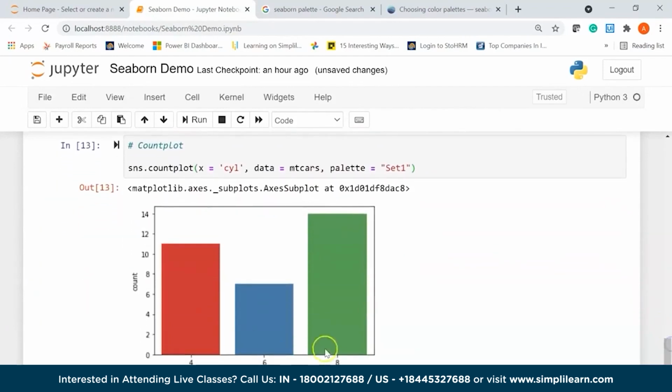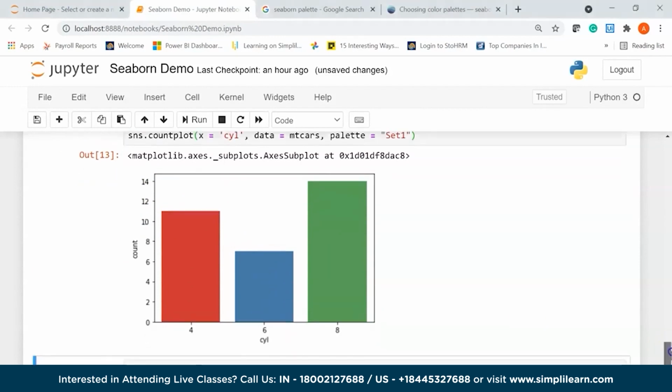So you can see here this is a nice count plot that shows the number of cylinders on the X-axis, and on the Y-axis you have the count. You can see here there are more vehicles that have 8 cylinders and fewer vehicles or cars that have 6 cylinders, and actually you can count it as well. So you can see here there are 14 cars that have 8 cylinders, there are 11 cars that have 4 cylinders, and there are 7 cars that have 6 cylinders. Alright,